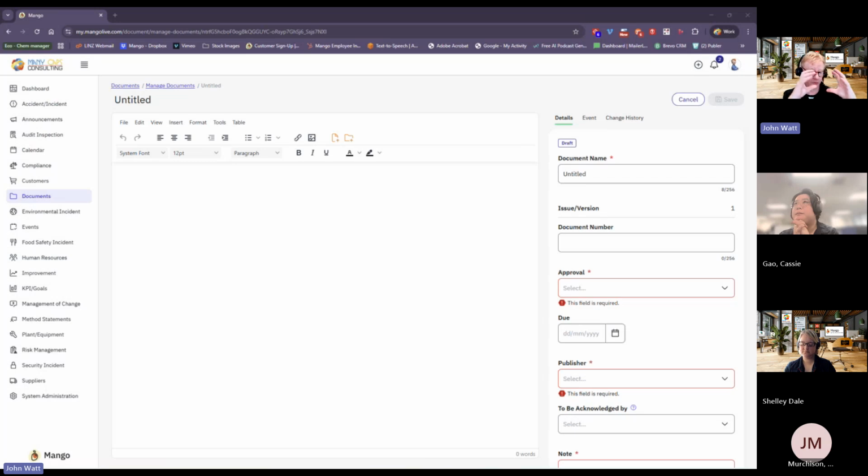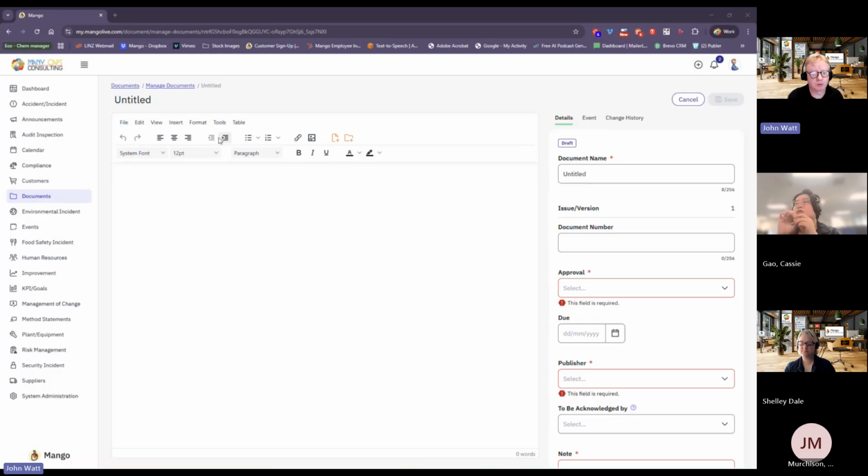We don't do a flowchart or stuff like that. All right. You can paste in, so if you've got a flowchart you want to use, you can. So if we want to do a flowchart, then we probably need to create it in something like Visio, then copy and paste it into here. Yeah, you can do that.